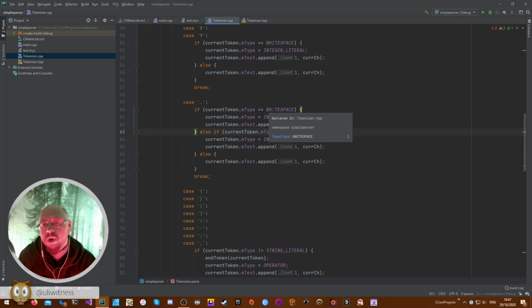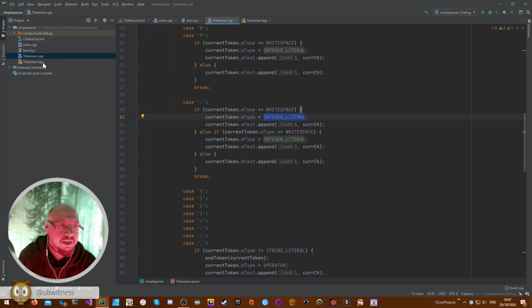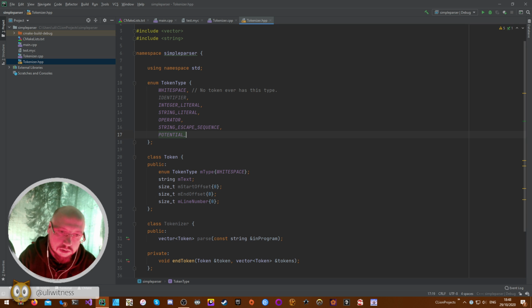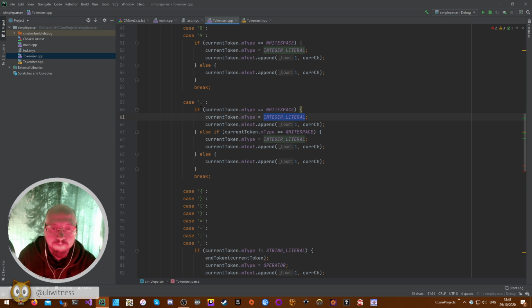So if it's a dot in white space, that really should be a special case again. So let's say we'll add a new case, potential double. Okay. And now we say if current token type equals white space, then we go into state potential double and append the dot. If current token type is integer literal, then we know that the dot means it's a floating point number. So we go into,